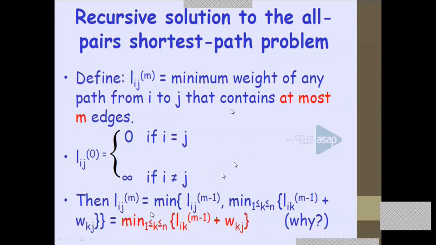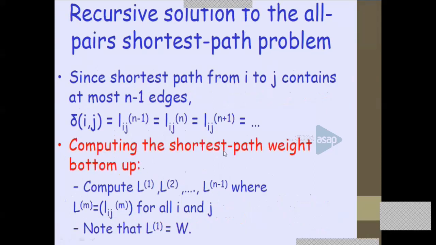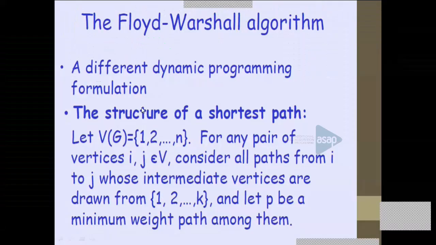But here the thing is, we are actually following a bottom-up fashion. We will first build 0, then 1, then 2, then we will proceed like that. And this is how we characterize the recursive definition. Okay, fine. Any doubts, you can note them down. And this is actually the recursive definition. And this is actually the Floyd-Warshall algorithm. This is also a dynamic programming structure. The optimal substructure defined previously has been modified here, and the structure of the shortest path is the same thing only.